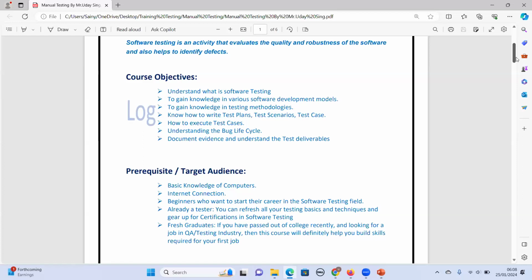Okay, so always remember, the testing industry itself is a large industry. I'll give you some examples. In the testing industry, we have the insurance domain. Insurance domain means whatever insurance products are there, as a tester, when you get a job in an insurance organization, you will have the insurance domain knowledge. So there are many industries where testing is required.